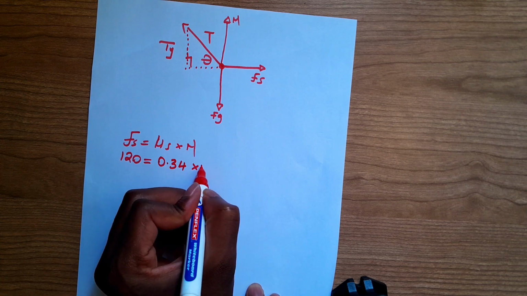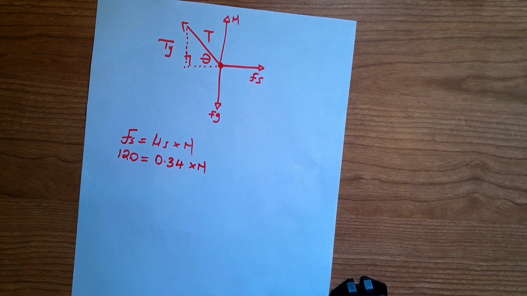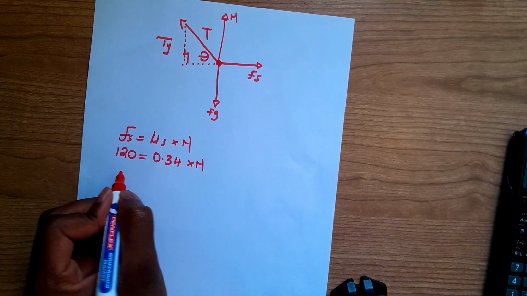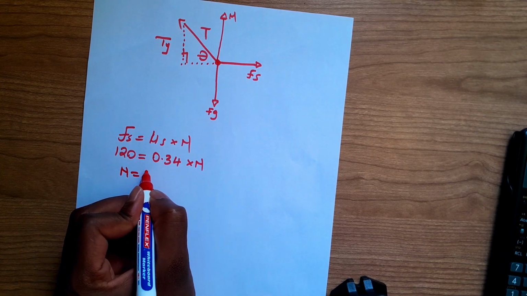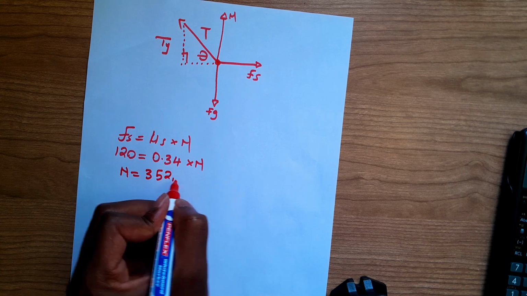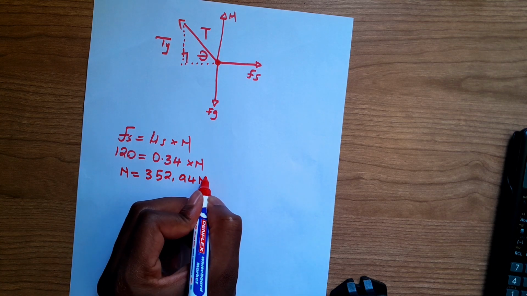So we can use this information to find the normal force. I'm just going to divide both sides by 0.34, and I get the normal force to be 352.94 newtons,